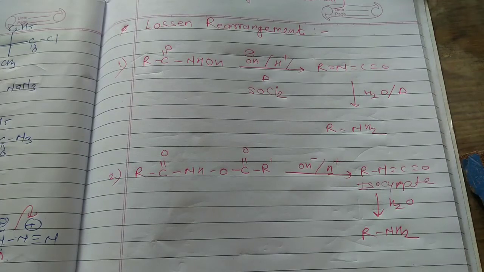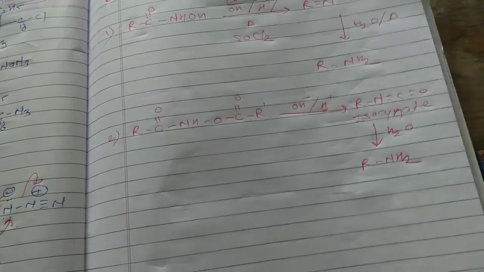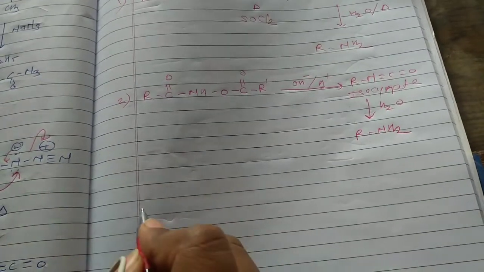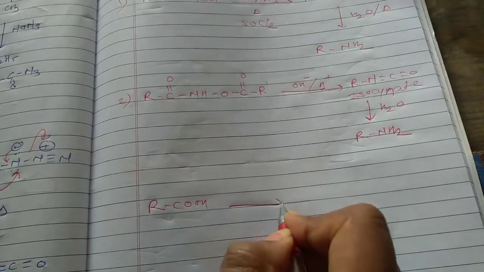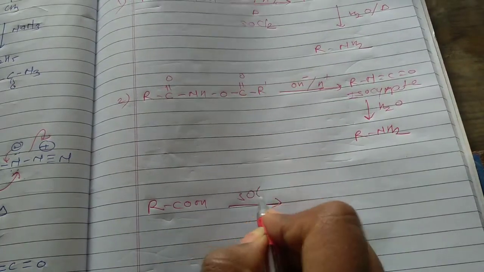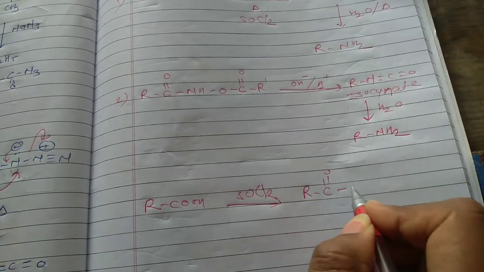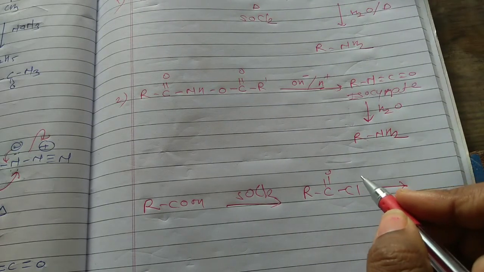The hydroxamic acid can be prepared from the acyl chloride in this way: this acid RCOOH is treated with SOCl2, there is a formation of RCOCl, which further reacts with